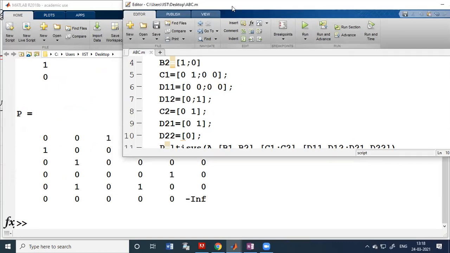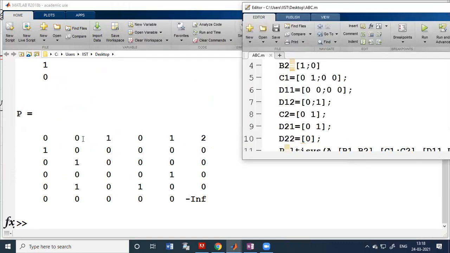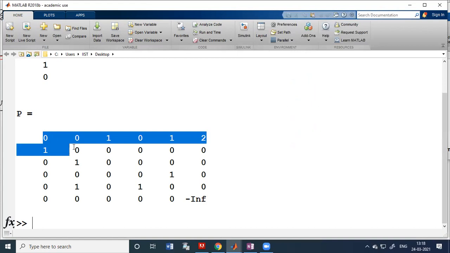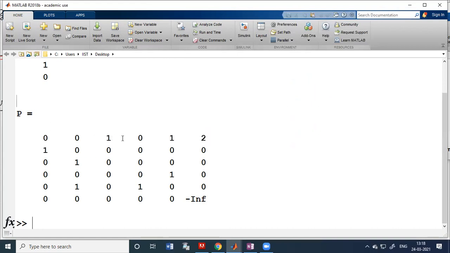So you see, this is the matrix. You just see one extra column and extra row has been added by MATLAB. You need not bother about that. This number 2 will indicate there are two inputs. So our actual thing will be this much only: 0 0 1 0 1 1 0 0 0 0 0 1 0 0 0 0 0 0 0 1 0 1 0 1 0. Is it matching with what we obtained?